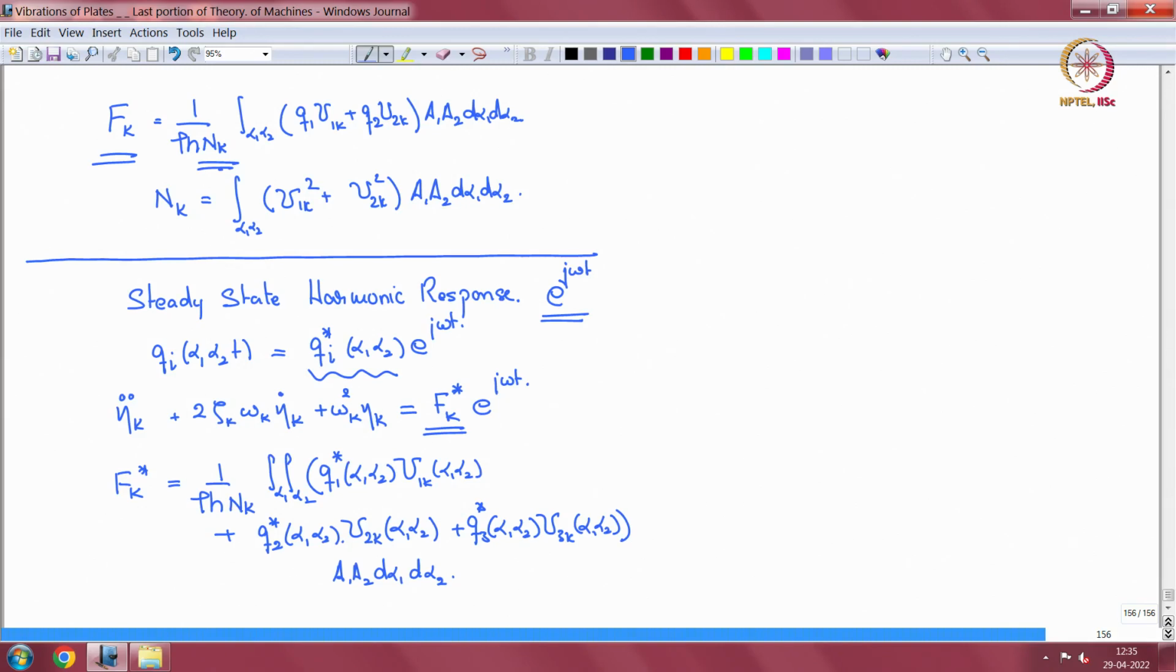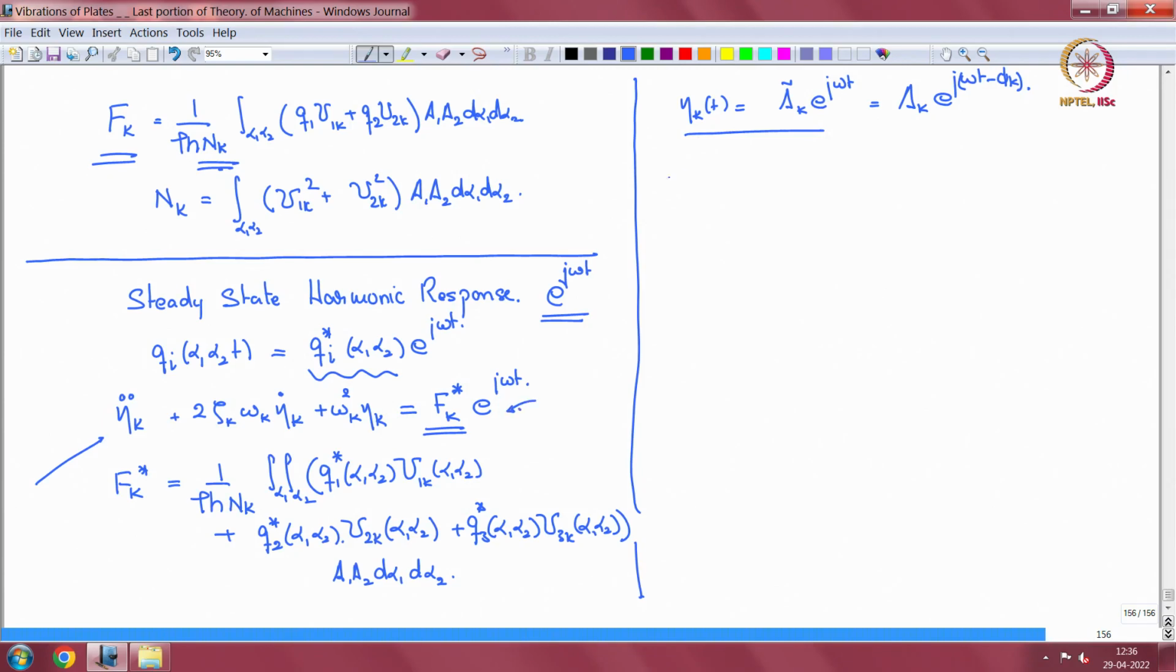Now we can solve it. We say eta k of t, I can write it as either gamma k tilde, a complex number, e to the power j omega t, or I write it as gamma k, a real number, e to the power j (omega t minus phi k). I can write it like that. Then what happens? If I substitute this back into this equation,